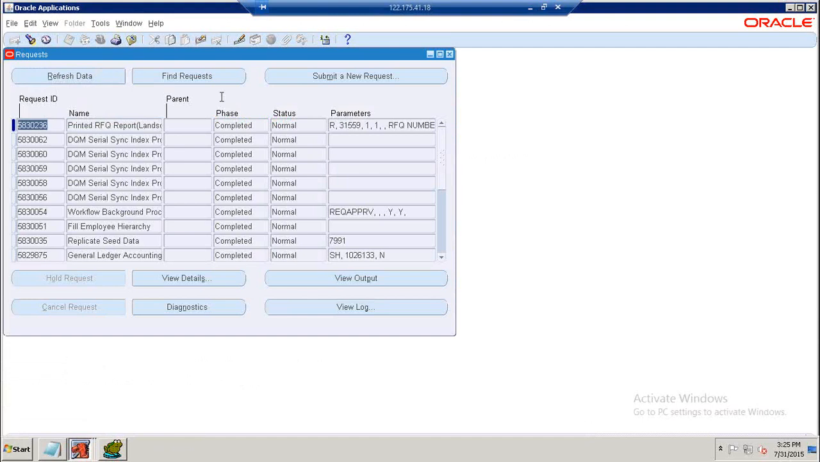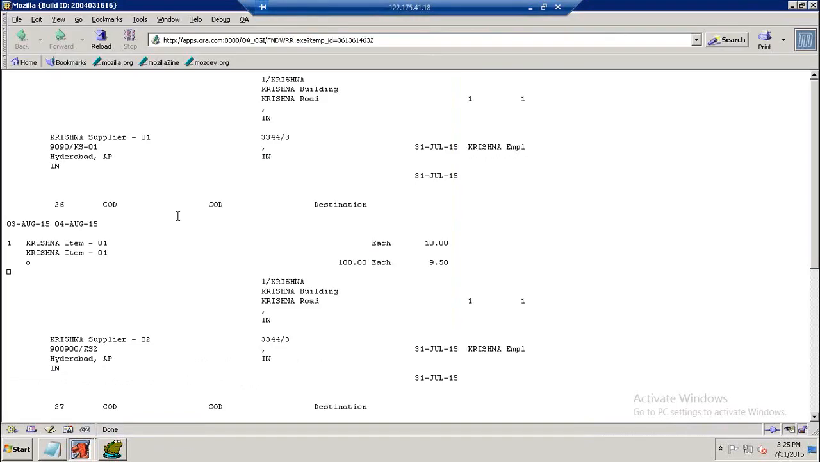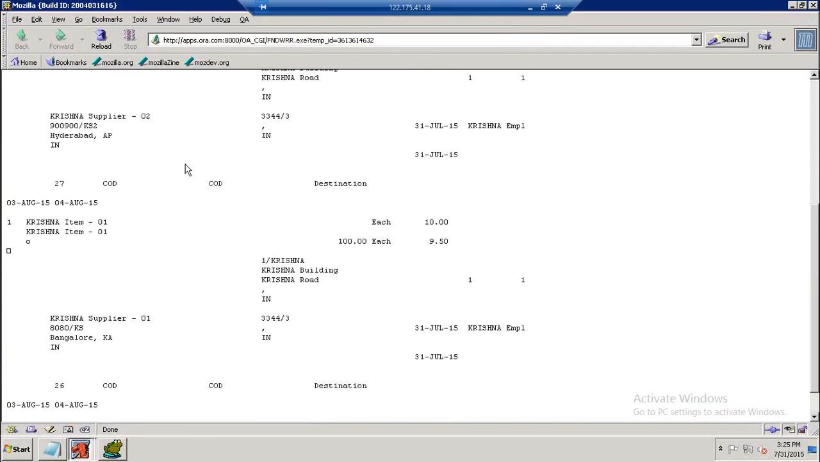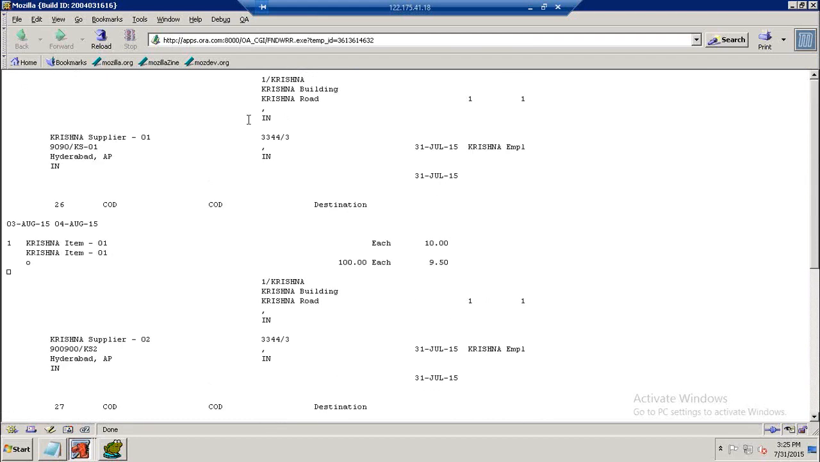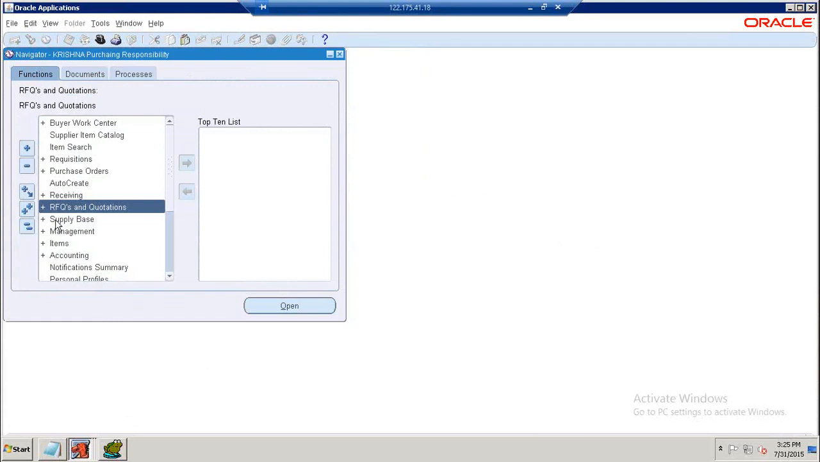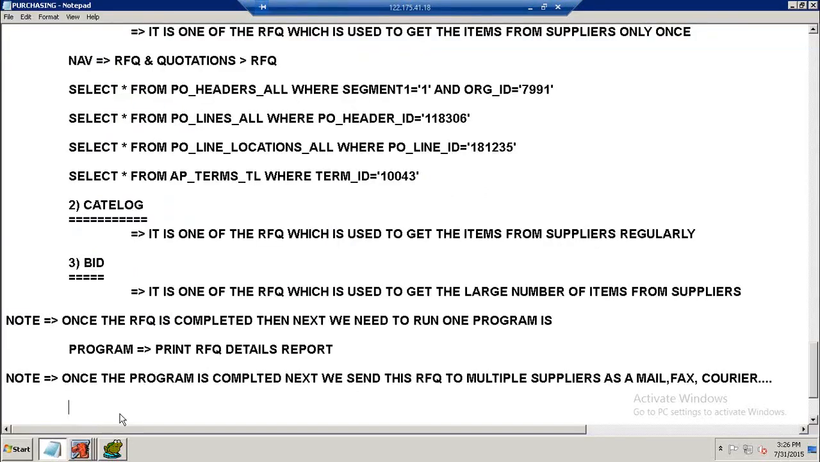So now it is completed, right? Here we can go to view output. We are able to see the RFQ, to how many suppliers we sent this RFQ. Okay. Now we have sent this RFQ to suppliers, and once the suppliers receive our RFQ,